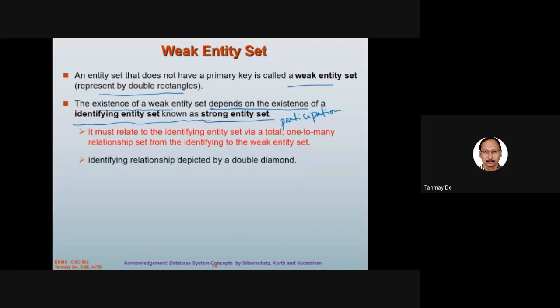That is total participation, one to many relationship set from the identifying entity set. That is, the identifying entity set means strong entity set, to the weak entity set. This identifying entity set is a strong entity set. Okay,